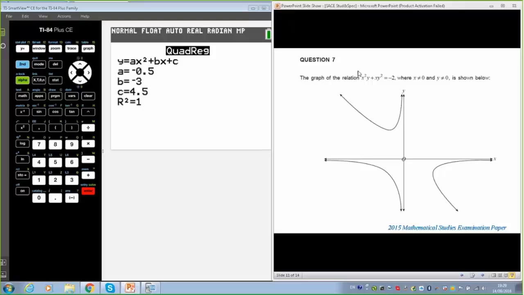So implicit differentiation. Well, this is seen sometimes as a non-calculator thing, and sometimes the examiners do choose questions. I really like the fact they find these questions, and obviously they have to because they're going to use implicit differentiation to come up with the gradients, but we can still use our graphics calculator on a lot of these. So what I've done with this one is rearranged it into a quadratic in terms of y, and use the quadratic equation solver,